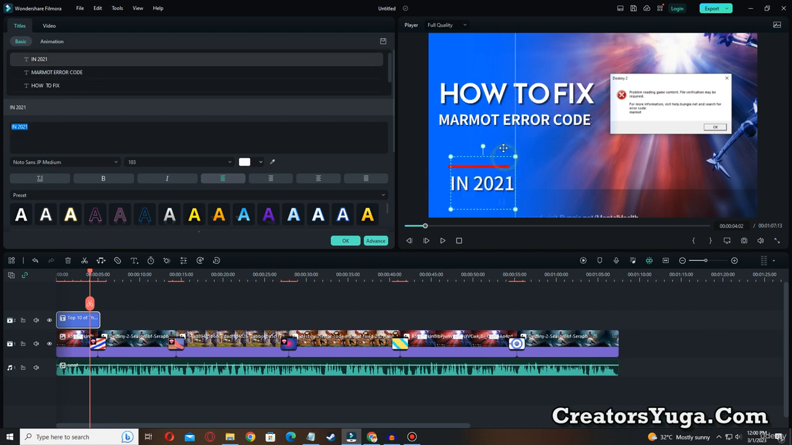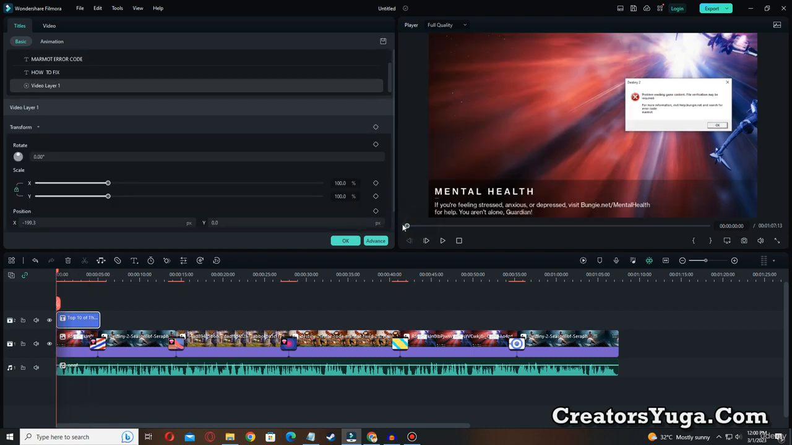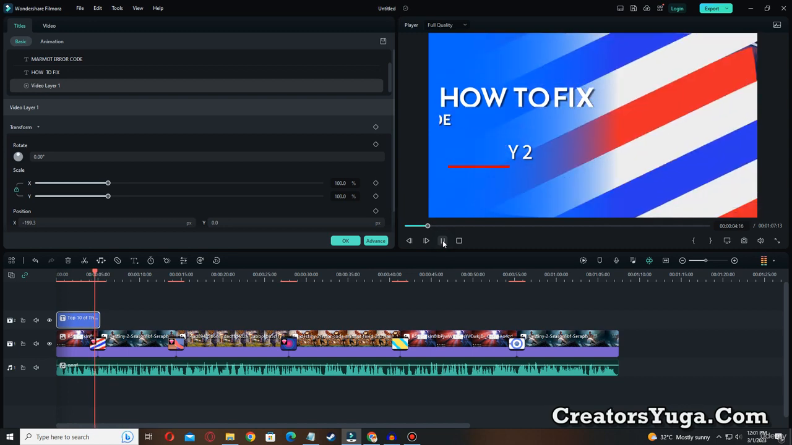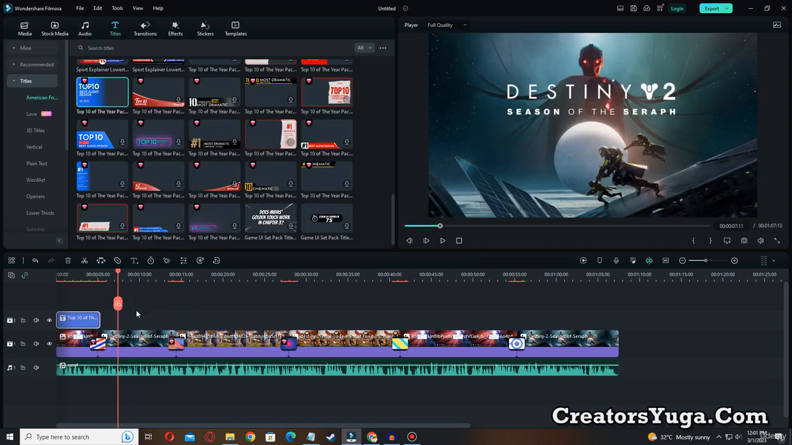And we can change its location. Here we have to enter our game name, which is Destiny 2. Now if I play this, it will look so professional. Hello everyone, if you are facing error code Mermod Destiny 2, then here we have to enter another text on